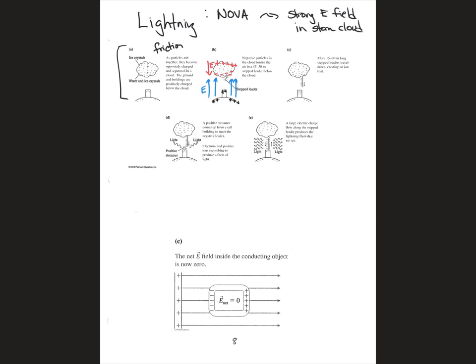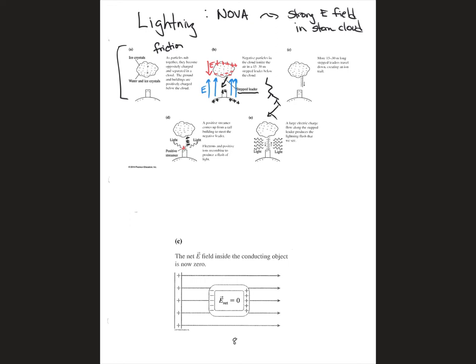And when those electrons encounter that E field, the electrons move downward against the E field, and that makes sense if you think about it. They're attracted to the positive ground, but they do it in what's called a stepped leader. They branch and they find the easiest path down to the Earth, the path of least resistance. And it can be many meters long, 30 meters in length, but when it reaches a positive streamer, and this is not the best picture, but it kind of has it all on one page,